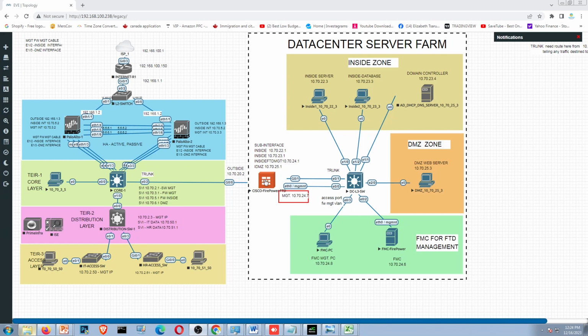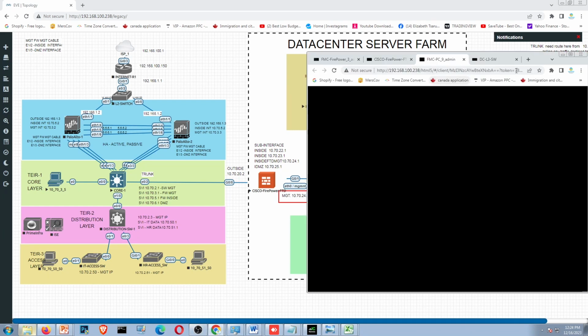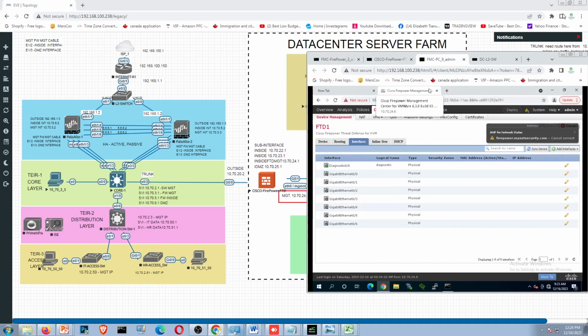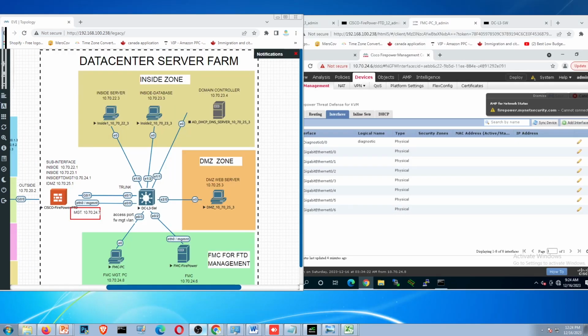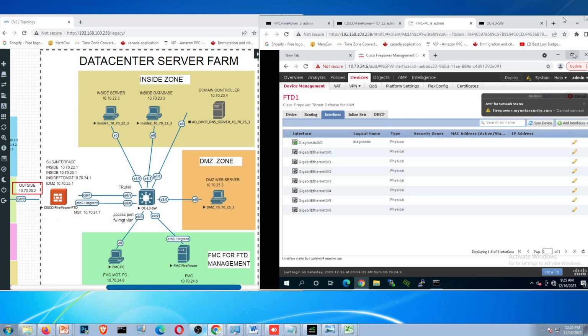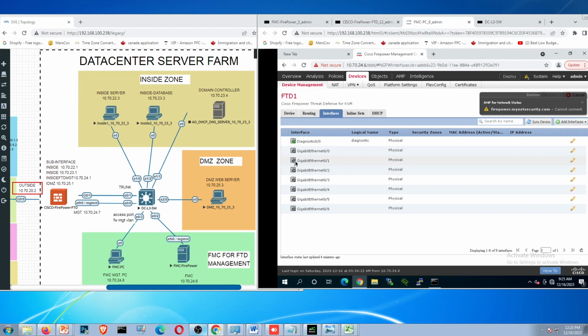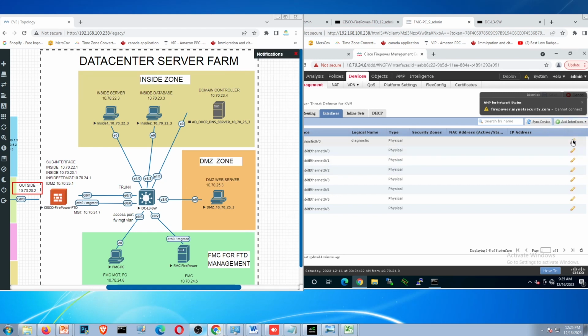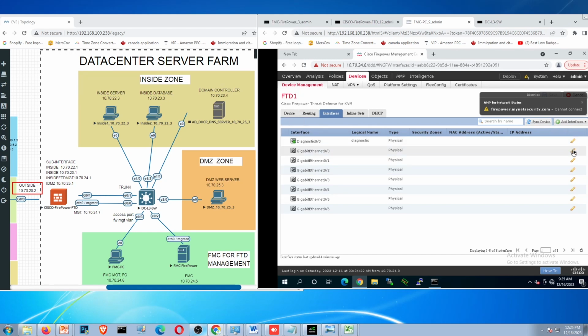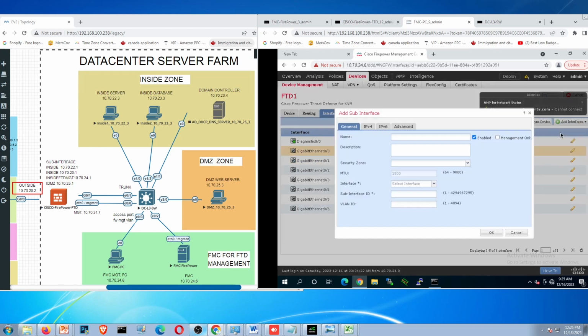Okay, double click the PC. Here, first what we need to do is put an IP address on the interface. We'll create this outside interface and add in the IP address on the outside. As you can see on Ethernet 0/0, you need to click edit. No, you need to add sub interfaces. Okay, we'll add sub interface,